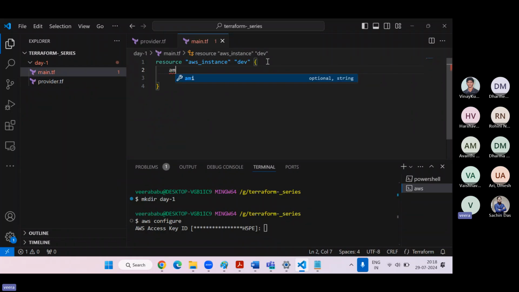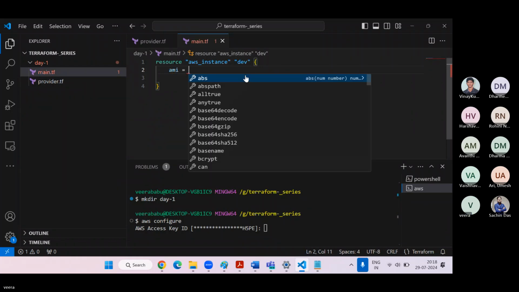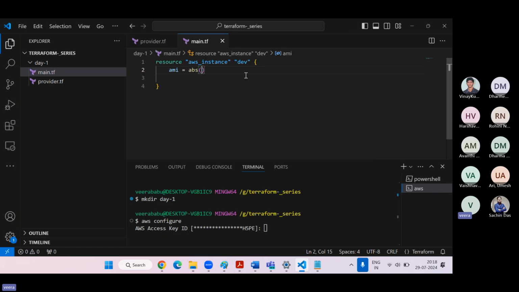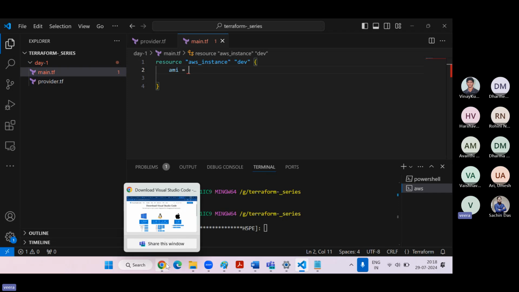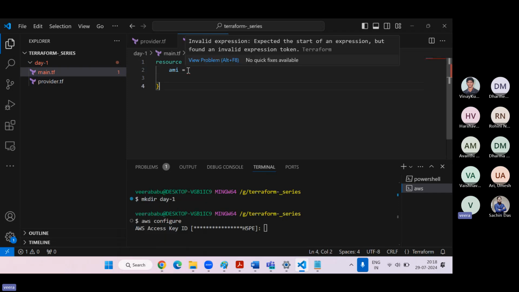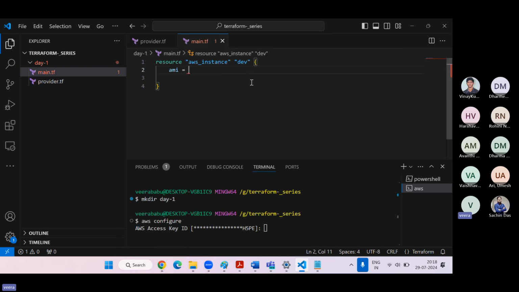The first one is what? AMI is required, right? And AMI means we have to give my AMI here. So let's go to the AWS console and take the AMI details. This is a very important step. The AMI is region specific.